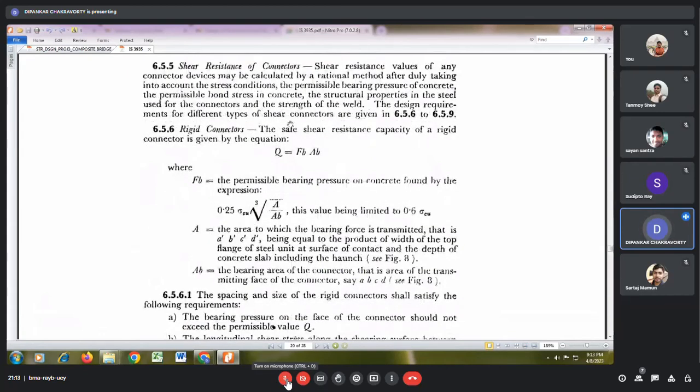Now the shear resistance of the connectors per connector, that is FB into AB. AB হলো permissible bearing pressure on concrete found by the expression 0.25 সিগমা সিইউ মানে এফসিকে, কেমন? এটা পুরনো কোডে ছিল, সিগমা সিইউ মানে হলো কিউব স্ট্রেংথ এফসিকে ইন্টু কিউব রুট অফ এ বাই এ বি। এ ইজ দ্য এরিয়া টু হুইচ দ্য বেয়ারিং ফোর্স ইজ ট্রান্সমিটেড, আর এ বি হলো দ্য বেয়ারিং এরিয়া অফ দ্য কানেক্টর, দ্যাট ইজ দ্য এরিয়া অফ ট্রান্সমিটিং ফেস অফ দ্য কানেক্টর। ফিগার 3 দেখো, বুঝতে পারবে।